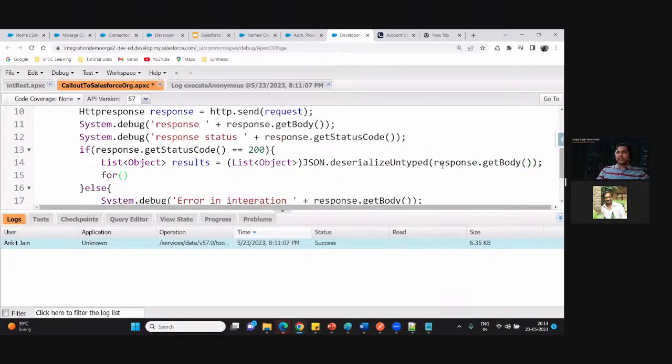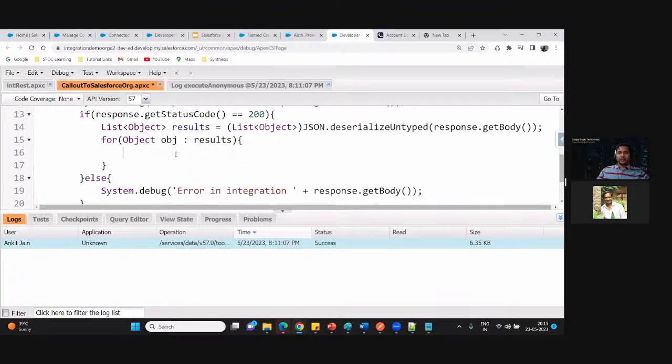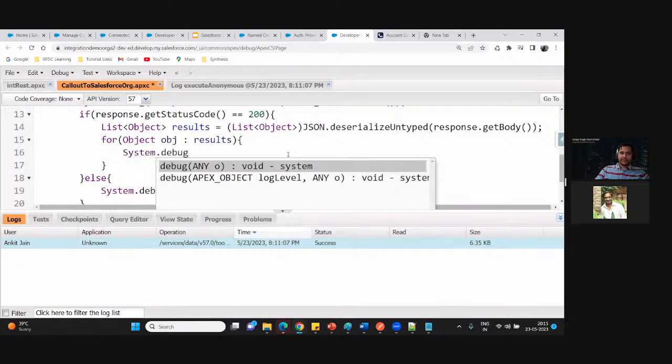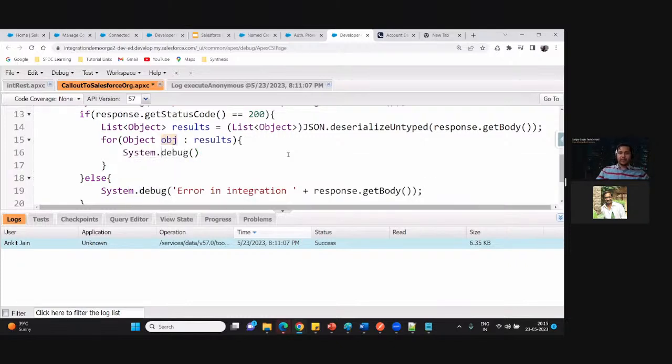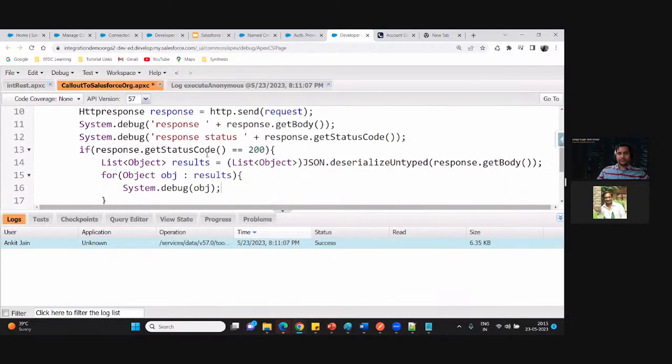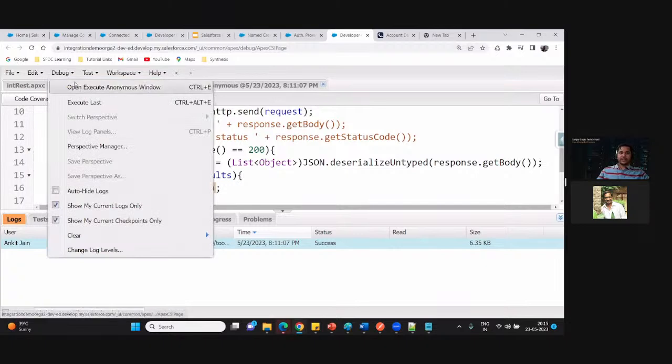So here I am doing the similar iteration. Let's say here I go and put obj object, let's say obj of results. And here we can now convert this object into the map. We can also check what kind of objects we are getting. So let me put this like this, so that you get a better understanding of what we are getting after we have converted this into the object form. So let me comment this and this now, because we already tested the response. Now what I have done in this step is I have converted the output that I have got into the object form, and here I am just printing the object. Let me invoke this again.